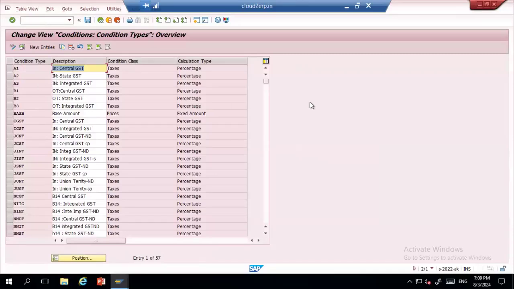So in condition types, we have different conditions like input tax and output tax. So input tax and output tax both need to be created. That is one thing. And we also need to create the non-deductible taxes. So why are there non-deductible taxes? Whenever you're going to purchase the material and whenever you're selling it, if there is a balance sheet coming into picture, so you buy the material for one tax slab and you're selling the material for the same tax slab, then you don't want to pay any GST to the government.